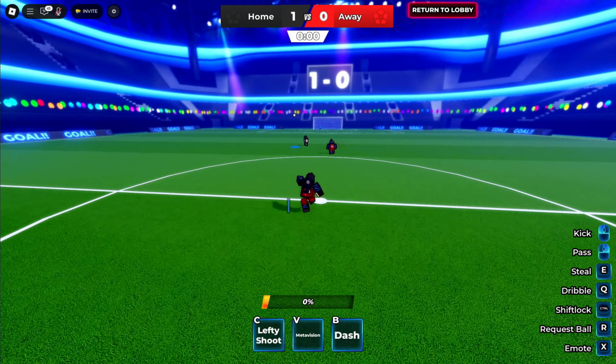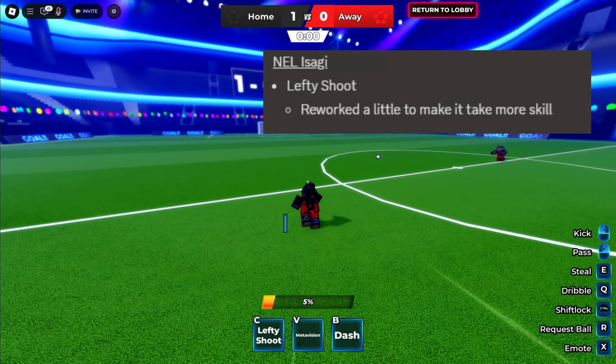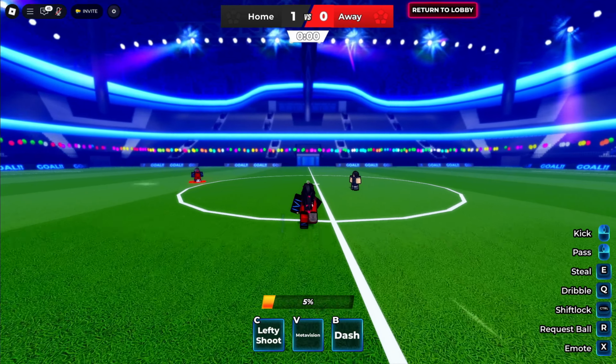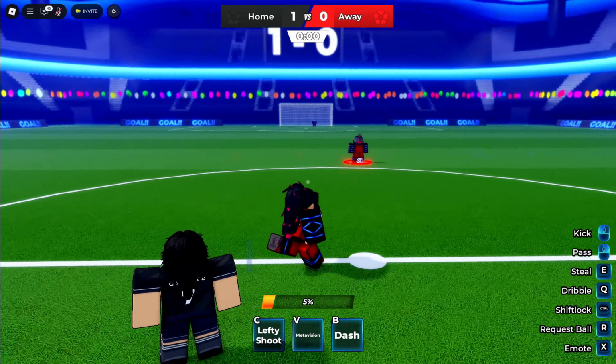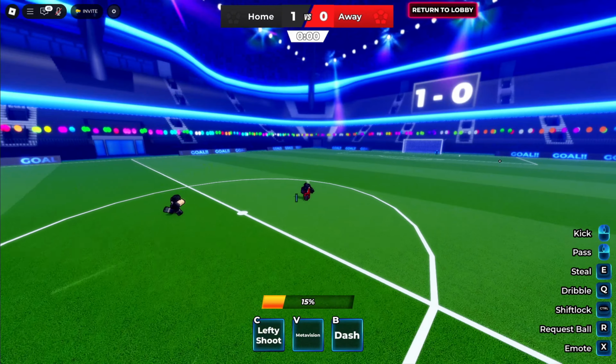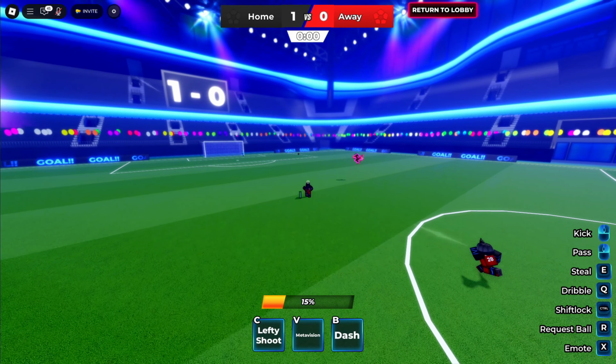Okay, so now for Eniao Isagi. He has had quite a different shot change in his lefty shot now. Now you actually have to aim it rather than just teleport into him. So look, you can use it out in the open, and now you can actually miss it. So lefty shot, now you've got to actually aim it a little bit before it works. So it's a good buff. I mean, nerf. I think it makes Eniao runners really, I mean...